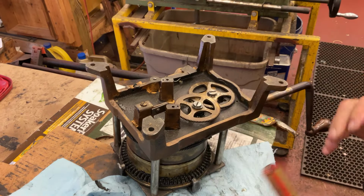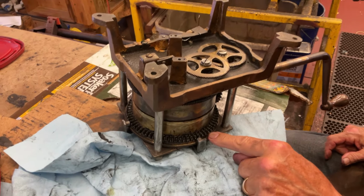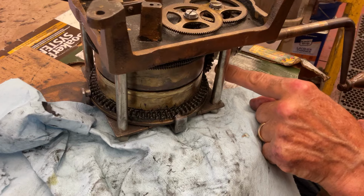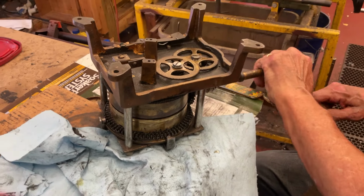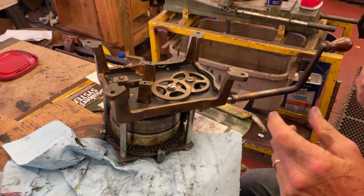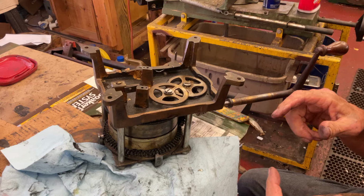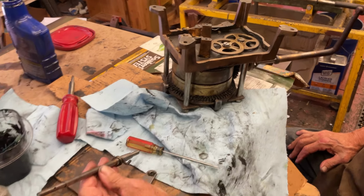Because these things are made out of really soft brass. Even this gear here, the winding crank here, I've loaded that up with graphite. But if you watch this gear train, it all spins together. And you see I let off of it and it's still spinning. That's good. Now what we have to do is we have to put the spindle shaft through,